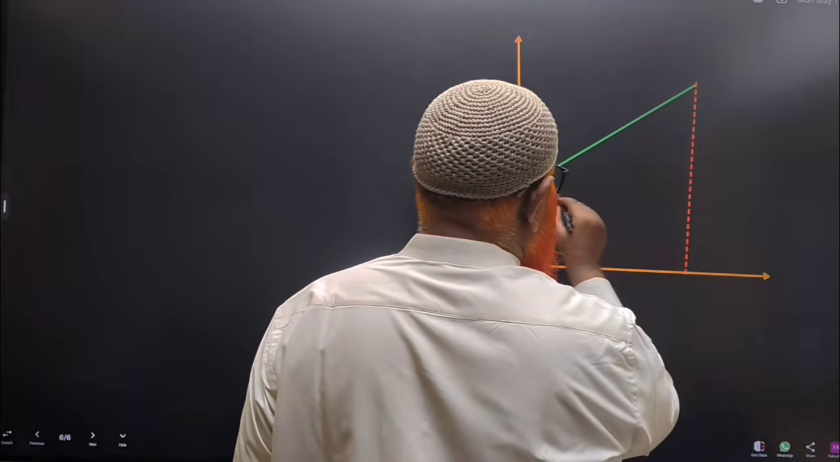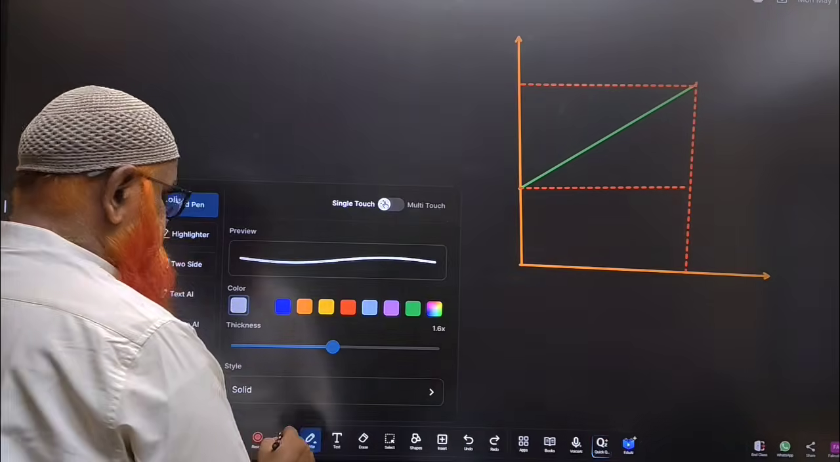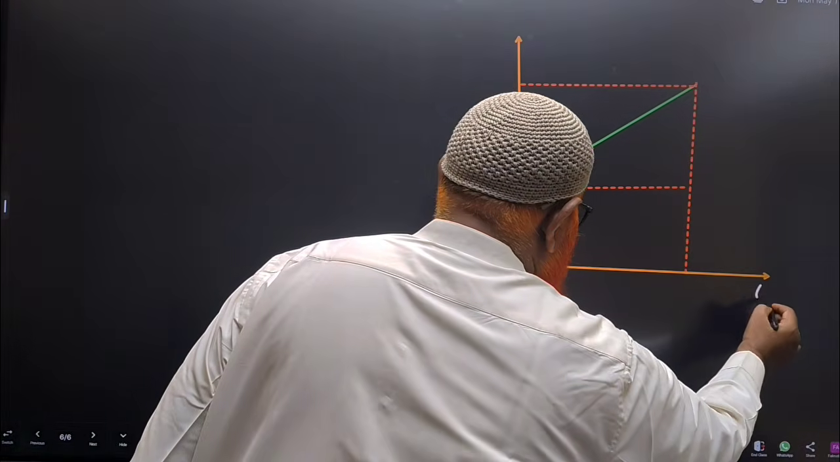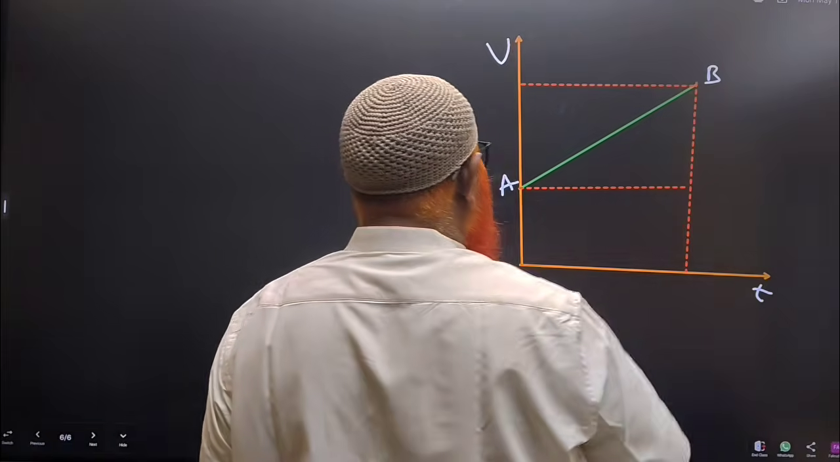Now I will close all the things here. This I am closing. This I am drawing like this, and this also I am drawing like this here. Okay. Now just see. Okay, same graph. This is called time. This is called velocity, and this is the main graph, which is in green color, which is AB, which